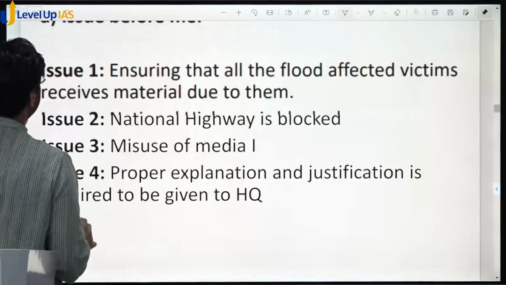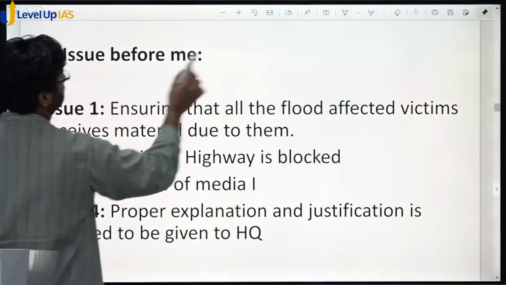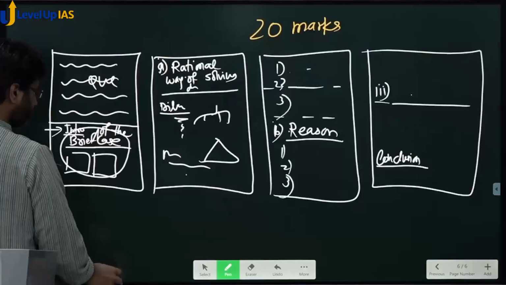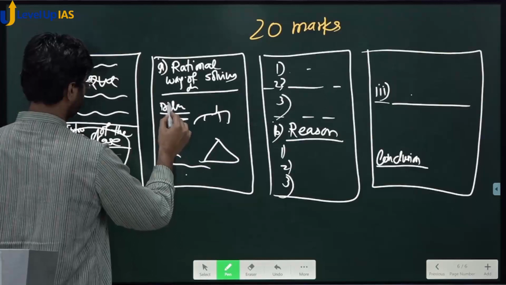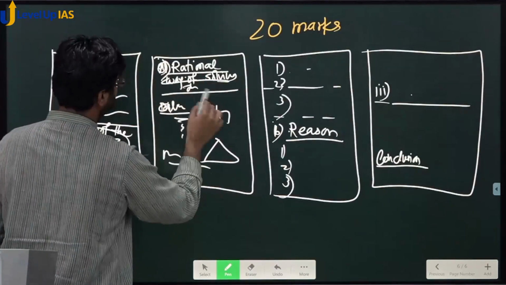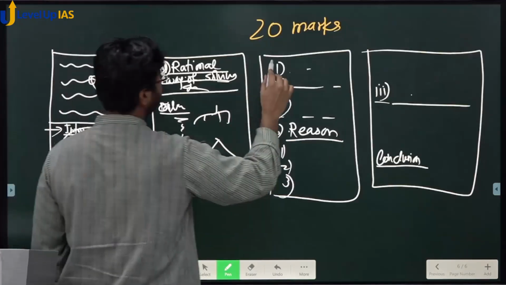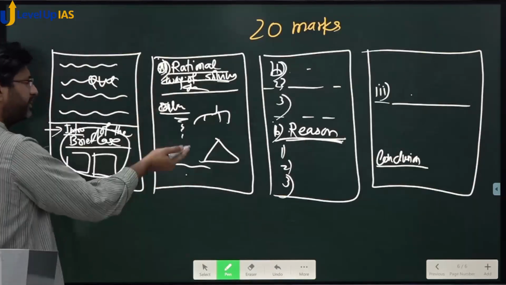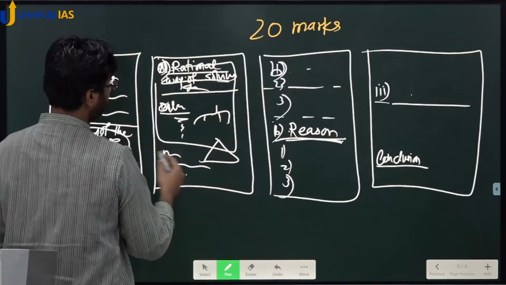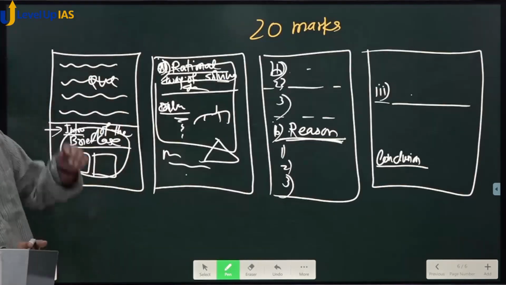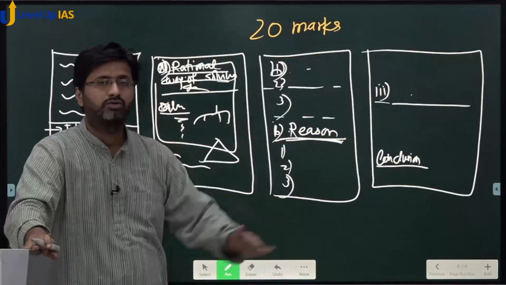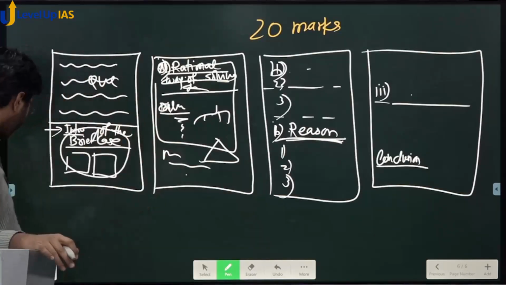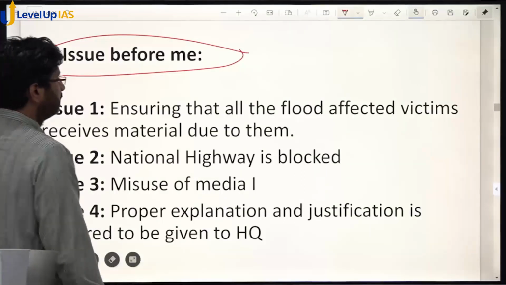So part A of the question, see it is already mentioned here. ये issues यहाँ पे discuss होंगे, ठीक है। And second, part B आएगा, तो उसका course of action। अब यहाँ पे maybe issues will take less space, क्योंकि theoretically course of action will take more space, क्योंकि issue 1, issue 2, issue 3, issue 4 हर एक का course of action करना है, या हर एक issue tackle हुआ है करके वहां पे project करना है हमें, because otherwise